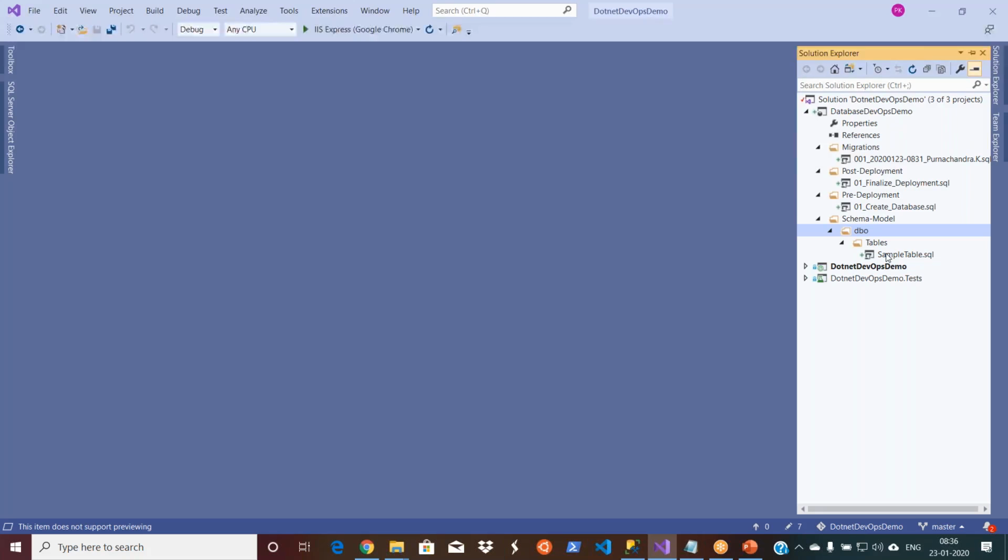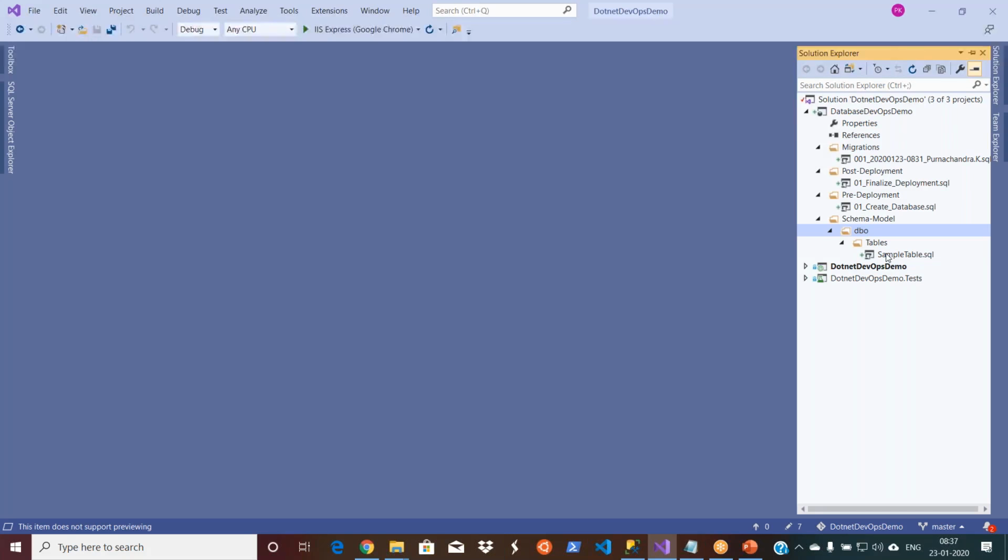Means right now I have one table. Now what I do, I'll go and execute them as part of my release pipeline. This table will be created in the target database. And then we start the next sprint. Then probably you go and add another 10 tables. So in sprint 2, you have to execute all those 10 table scripts in the target environment. When you run this database project next time, what happens? It will not generate those 11 tables. It will only generate the scripts for those 10 tables, because it knows the history, the differential scripts. So that's the advantage, and this is versioning. So there is no manual work.